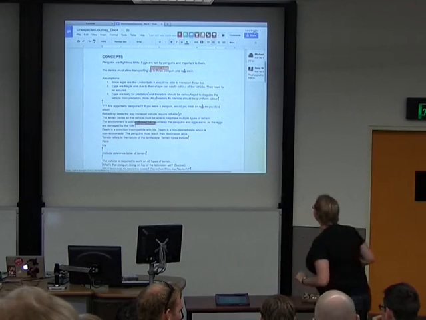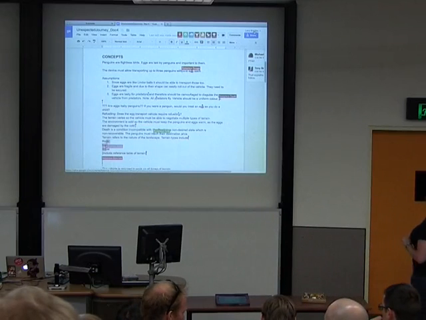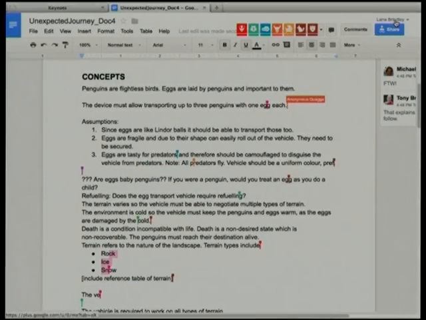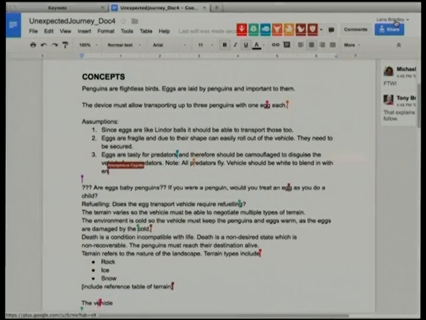So you do come back, and I actually would argue that the terrain types are reference information. So whoever's writing that piece, I would cut and paste it further down into the reference section. The terrain types. And the trick here is because you've got bullets, it's very easy to pick out reference information. Yes, up the back.